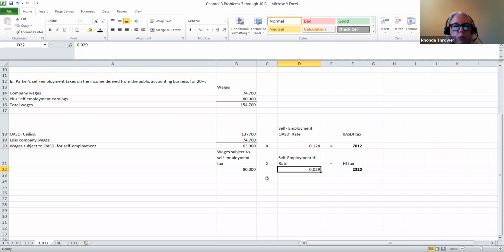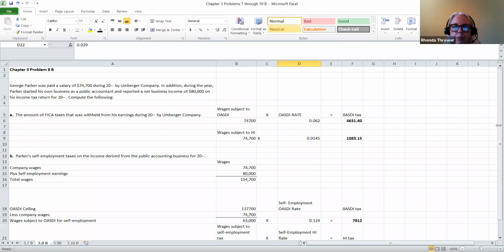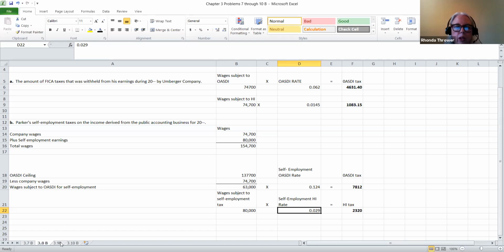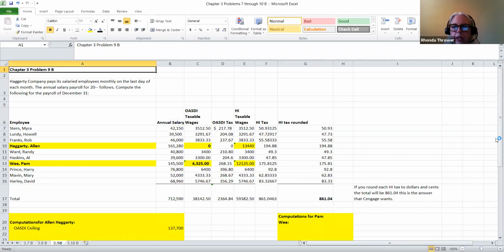And so that's all I want to talk to you about on this particular problem. They threw you a couple of curveballs because, first of all, this person was earning a salary, and then they had their own business, which is taxed at self-employment tax. So moving on to the next problem,